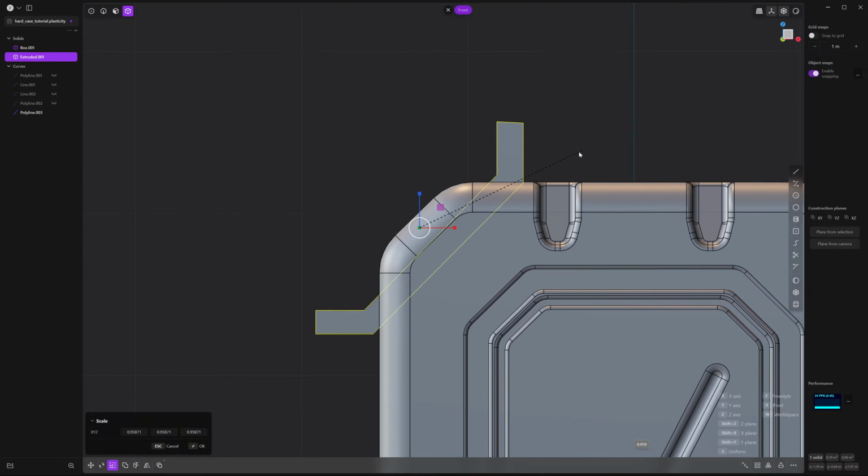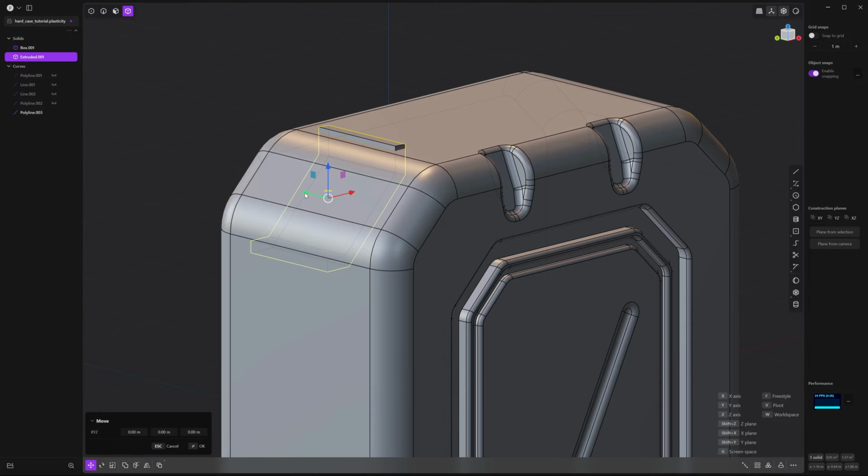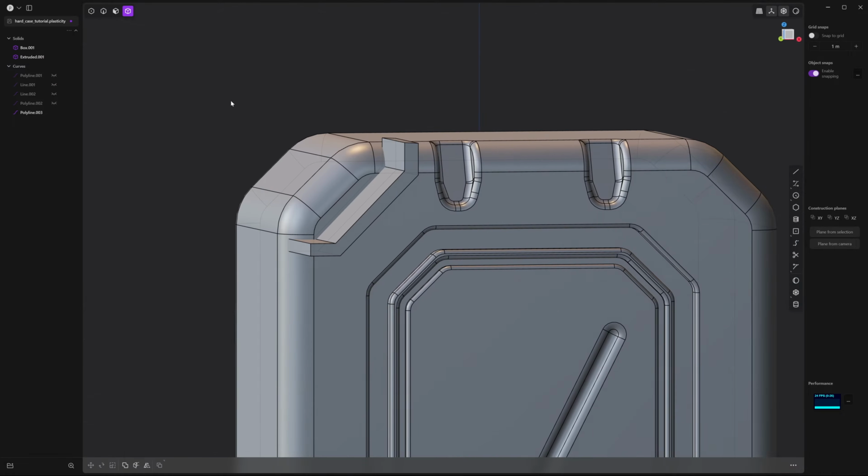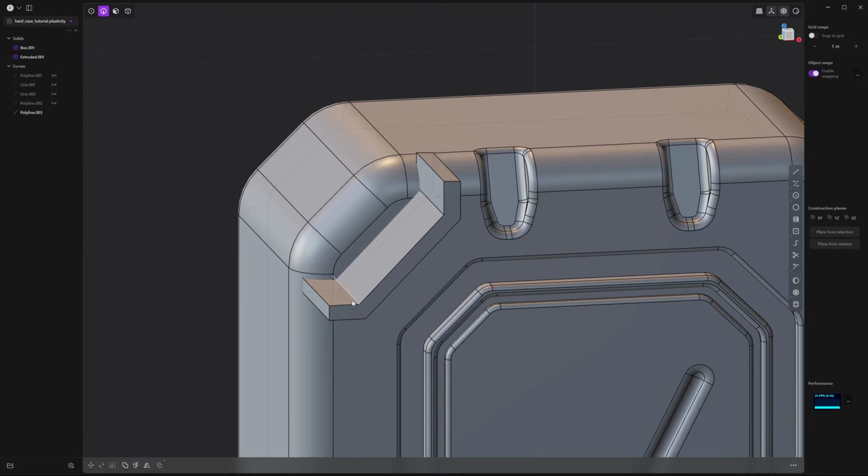So I'm just moving it down and pressing S twice to scale it. Maybe something like this. And let's move it to the front so it doesn't cut in too deep. Right click to accept. And now we're going to select these inner edges by holding Control and Alt.